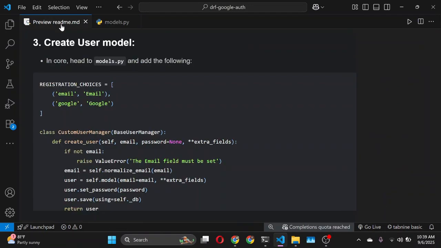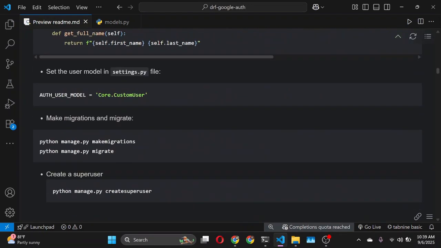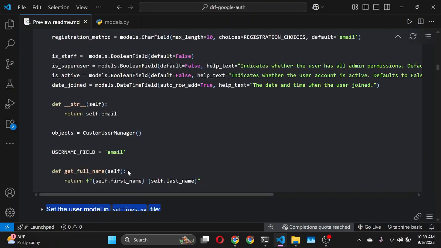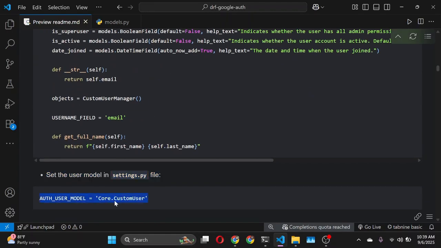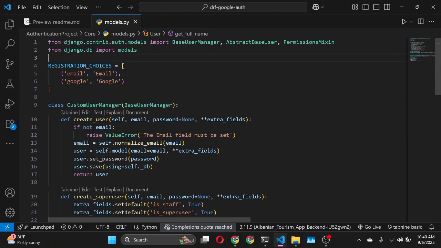So now that we have created our models and our user object, we just need to set the user model in settings.py file to the one we had just created. Now, this is a very crucial step because we need to do this before actually making our migrations, because if you then try to migrate and paste this in your settings.py file, Django is going to scream at you because it is going to use the default Django user model, which comes from Django